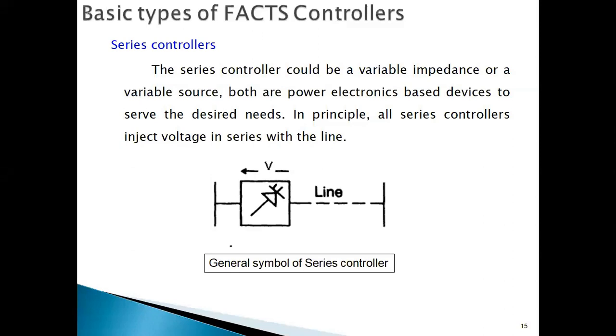Let me not confuse you a lot. I will tell in a brief manner. This series FACTS controller will act as a voltage source, whereas a shunt FACTS controller will act as a current source. And I already discussed the examples: one is SSSC, and another one is TCSC. I'll be explaining TCSC in a later part. So in static synchronous series compensators,